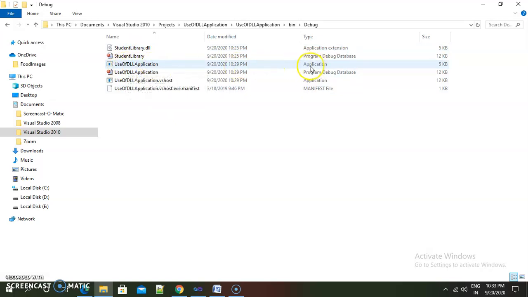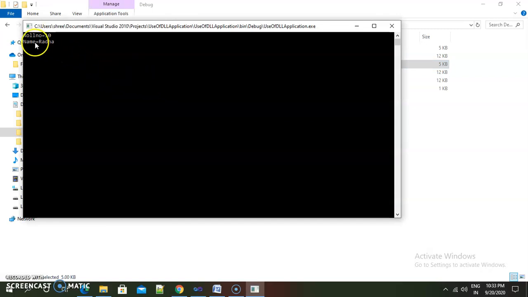This is the application file, meaning this is the .exe file. We can execute it directly. If we double click on this, we get the output. Whatever the output of our program, we will get here.